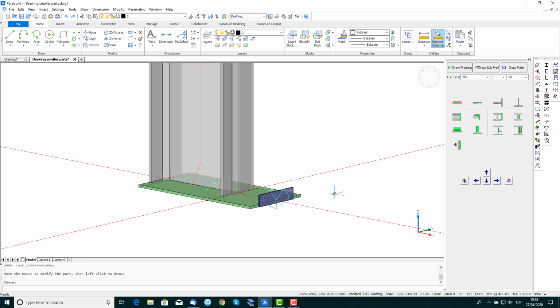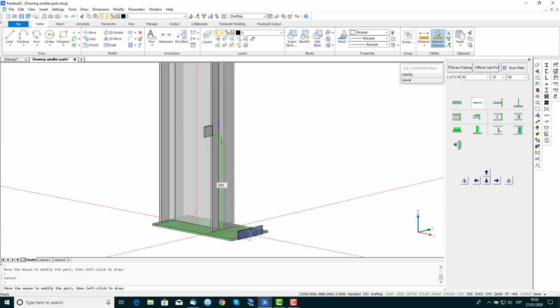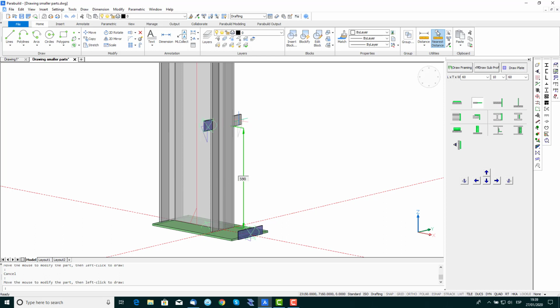We'll now draw some additional plates welded to the flanges of the column. Click on the Draw Plate button again and enter values for the plate length, width and thickness. Then activate the Plate Sides Touching button, ensuring again that the other context buttons are all deactivated. Zoom into the column and move the cursor to the left side of the nearest flange. Select the required height and press the left mouse button to confirm, and repeat the exercise to position the plate